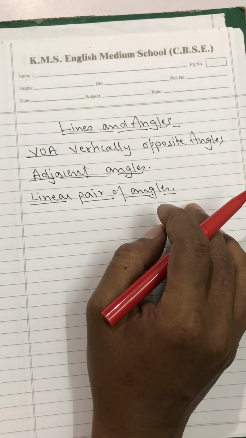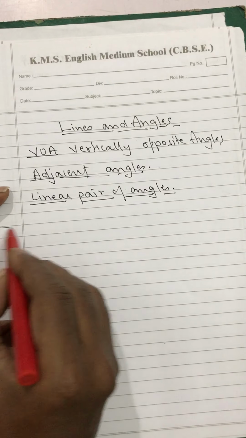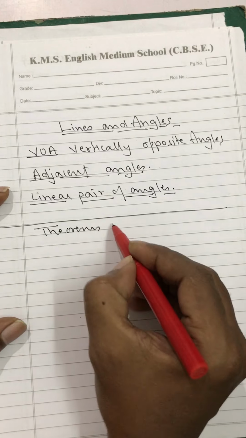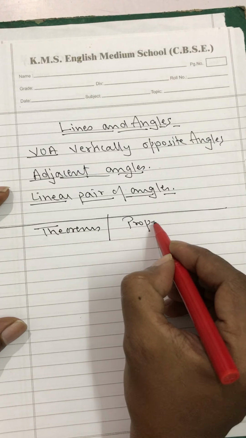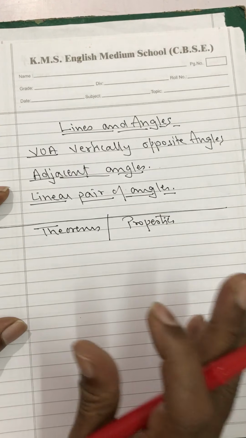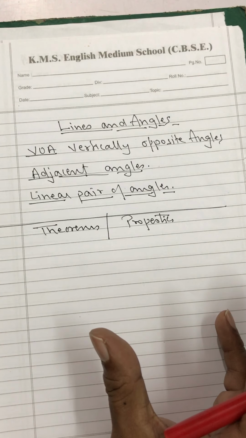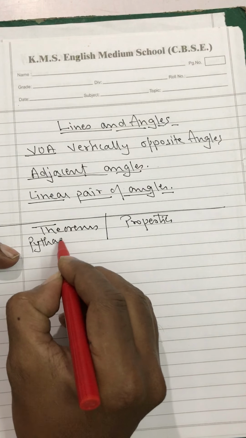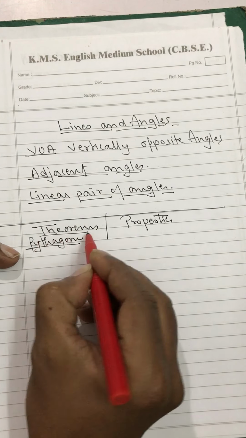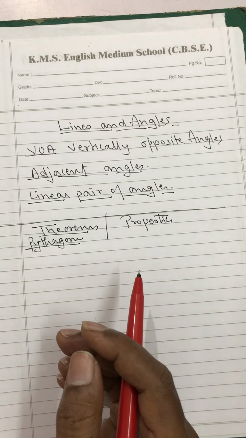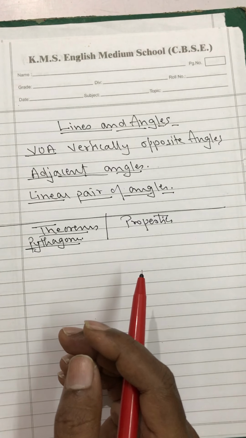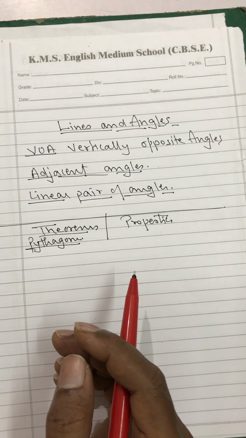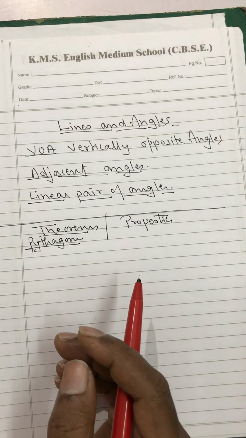Each one has its own property, each one has its own form needed. My dear students, when it comes to theorems or properties in geometry, what is a theorem? You must know by now because you have used the Pythagoras theorem a number of times. So the Pythagoras theorem is a theorem. Similarly, there are some properties. Complementary angles have a property: the sum of complementary angles is 90 degrees. Then supplementary angles have a property. Like this, there are many properties.